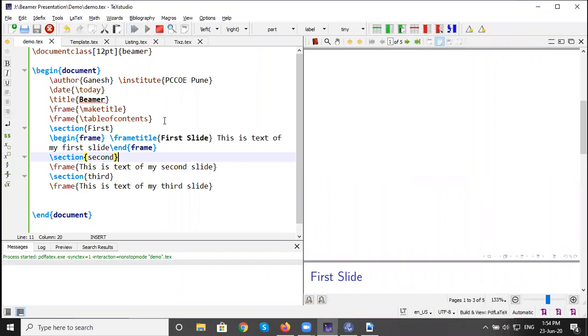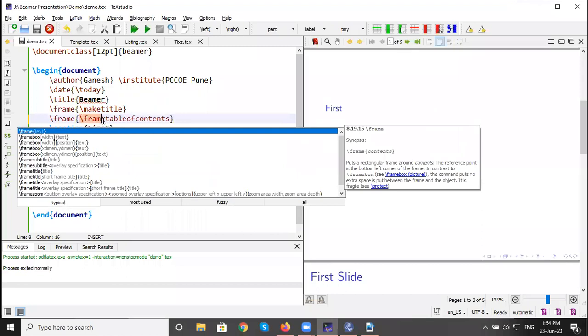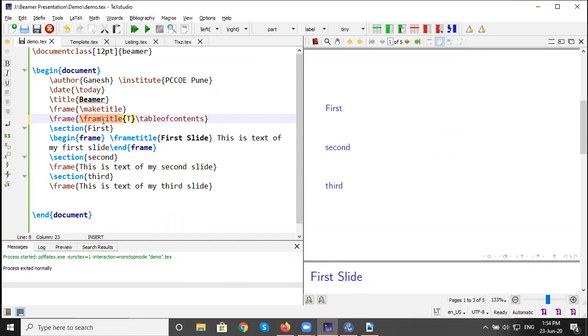So we run it again. Okay, so this is the table of contents. If you want to name that frame, we can add a frame title, or simply we call it Index, and run it again. Sorry, the m is missing.